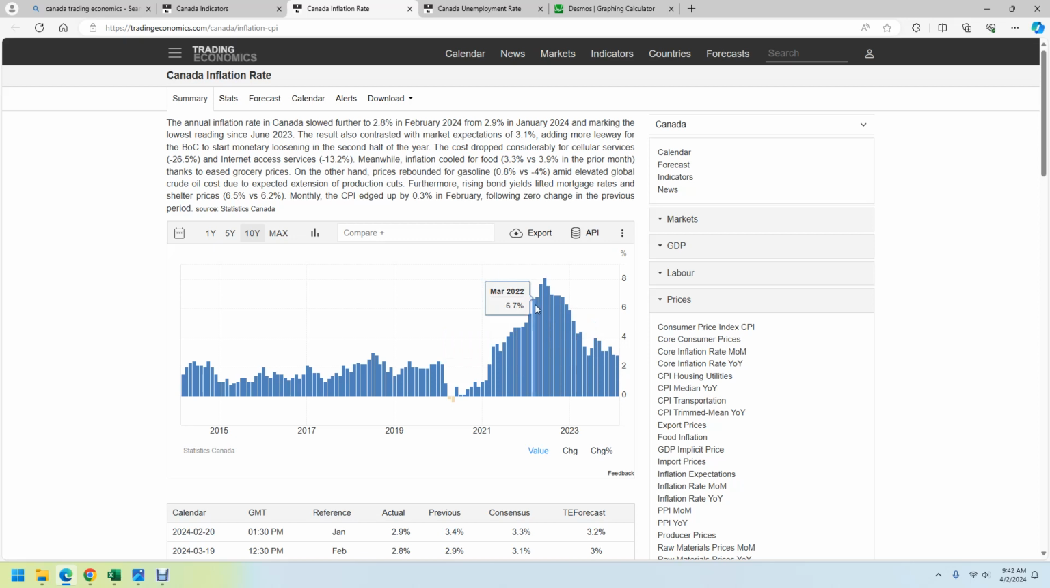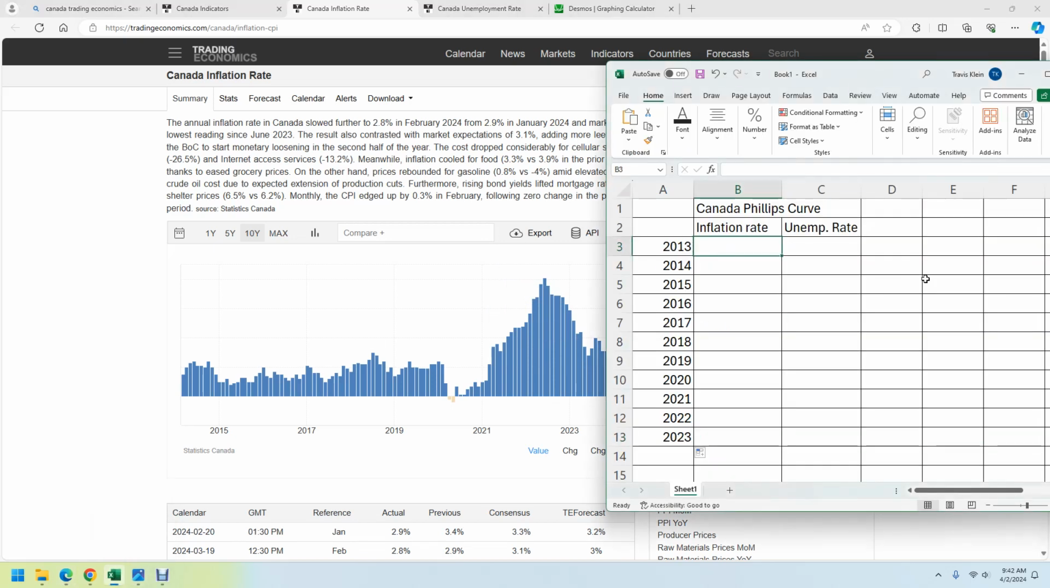2.2. 2023, 2022 first, 6.7, and then 2023, 4.3. Okay, now I should have 10 years of data. I'm going to plug all that into here. So